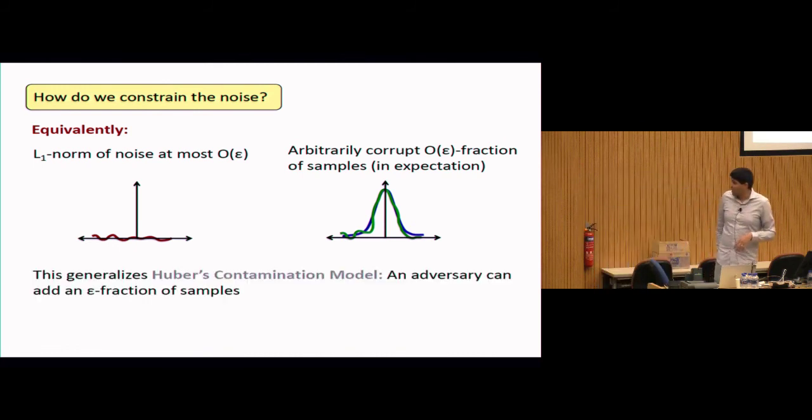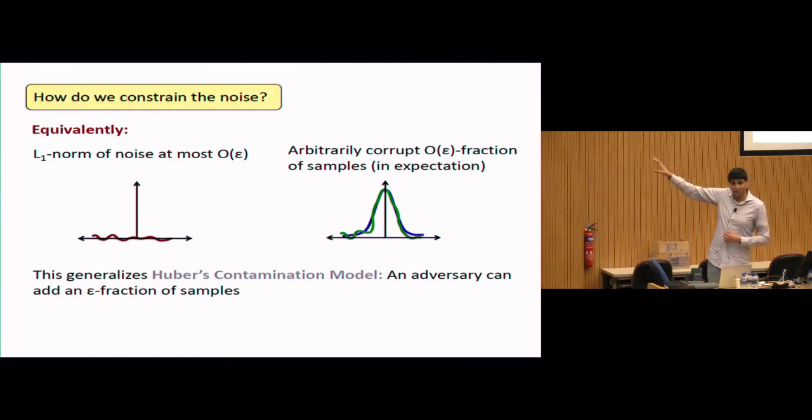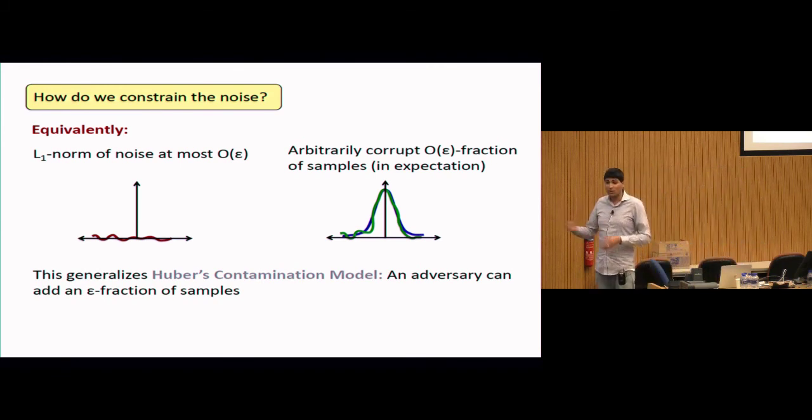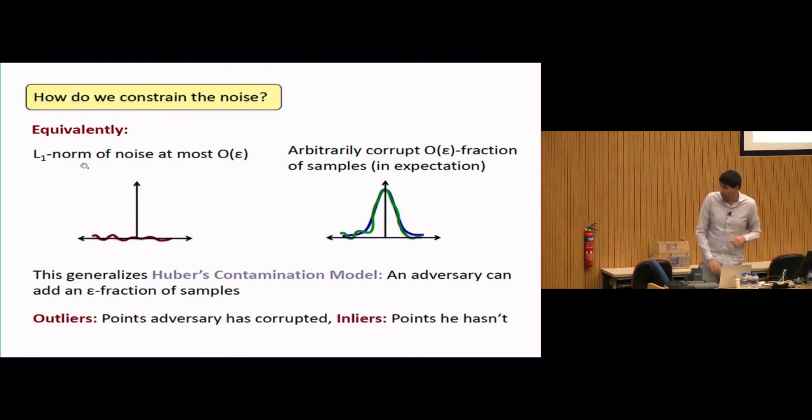Now, in fact, this has a lot of connections to some of the standard models in robust statistics. It's usually stronger. So, for example, there's a very popular one called Huber's contamination model, in which an adversary is only allowed to add samples to your data. This is slightly stronger because the adversary is allowed to delete. In fact, everything I'm saying will work in the strongest model that you can think of along these lines, in which I'm even going to allow the adversary to look at the samples and then decide what epsilon fraction he wants to corrupt, and he can do so arbitrarily. Now, all these models aren't really going to change the problem. They'll still be about as hard as each other, but I just mentioned this in case you're curious about what the real model we're working with is.